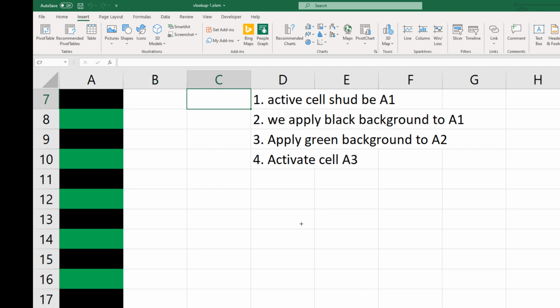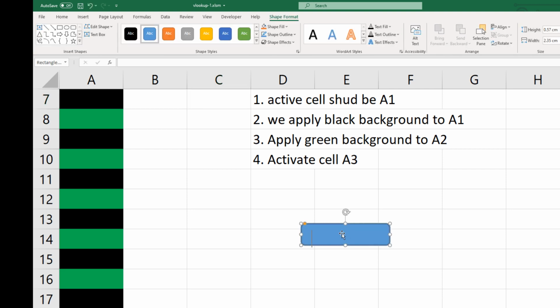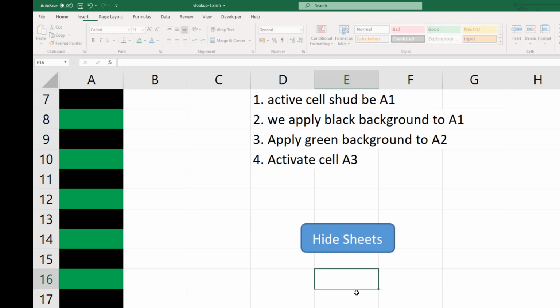Let's get some shape, and on the shape I'm drawing, double click on that. Double click will enable editing. So let's put some text to that. Hide sheets,